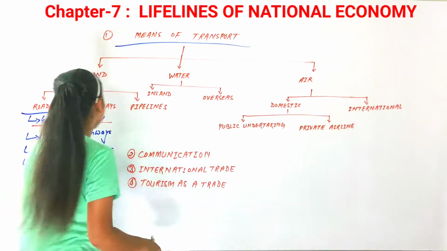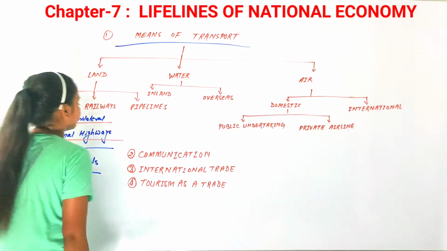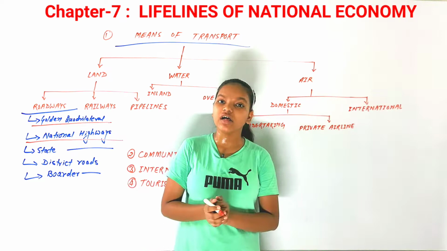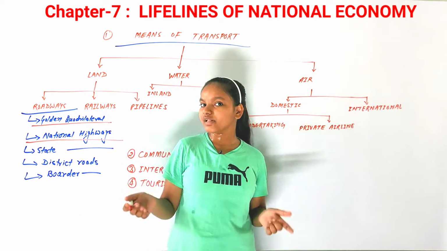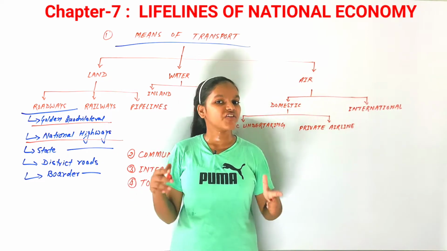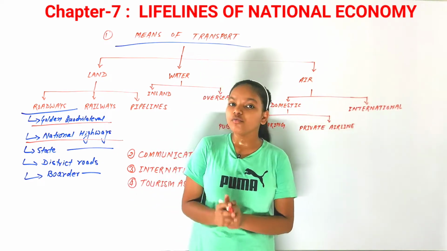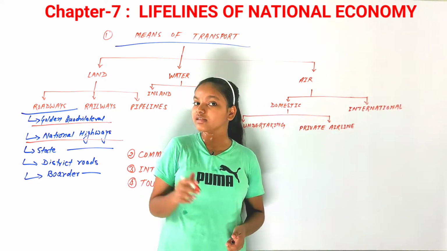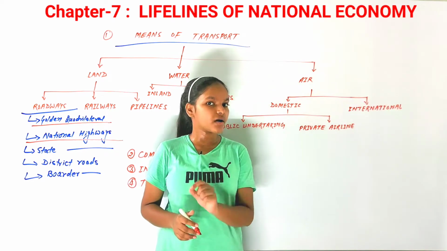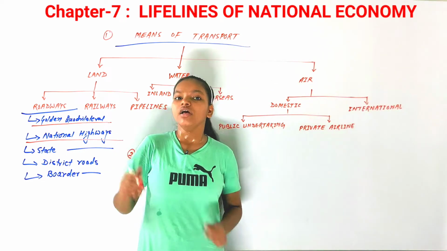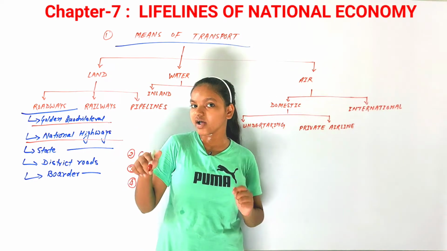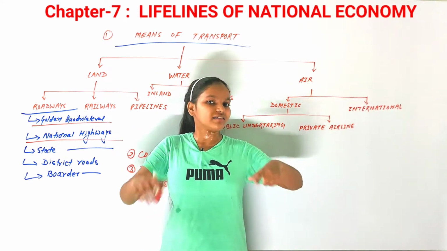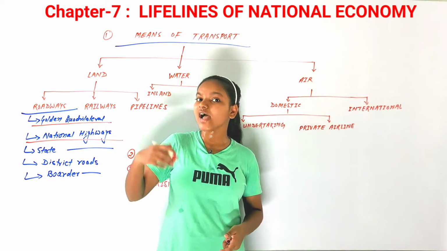After that, we have national highways. These national highways are built to link the extreme parts of the country. National highways are maintained by the Central Public Work Department or CPWD. There are many national highways in our country, and there are serial numbers of those national highways as well.